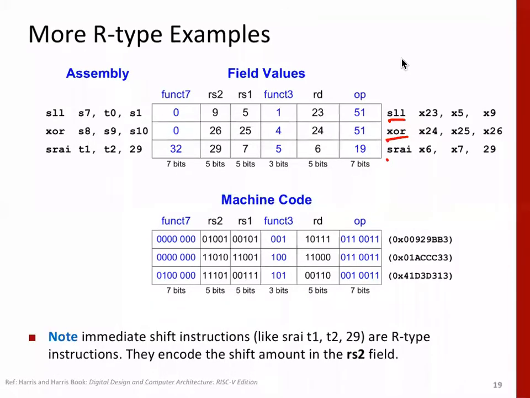Excepting for one here, I will get back to you. What does this represent? But there's no I field here, so I didn't notice it earlier. So let's see why SARAI T1 T2 29, because in our type of instruction we don't have. So essentially we'll have to bring the value into some register.